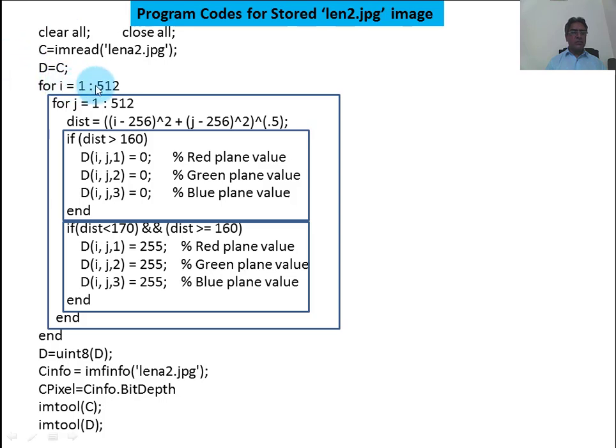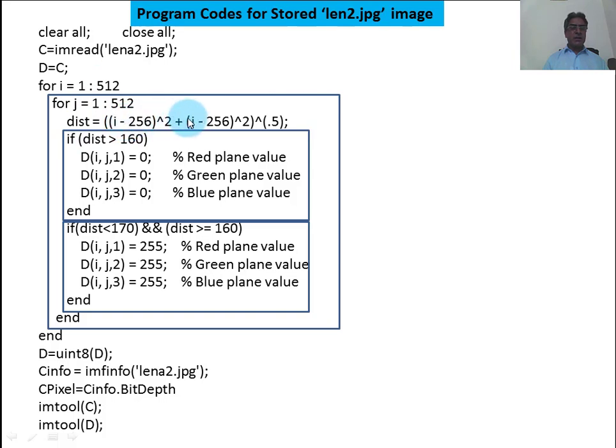The first loop controls the rows, whose control variable is I, and I changes from 1 to 512. This is column number 1 and this is the last column of the image, while J is the inner loop and it controls the columns. The outer loop controls rows while the inner loop controls the columns.